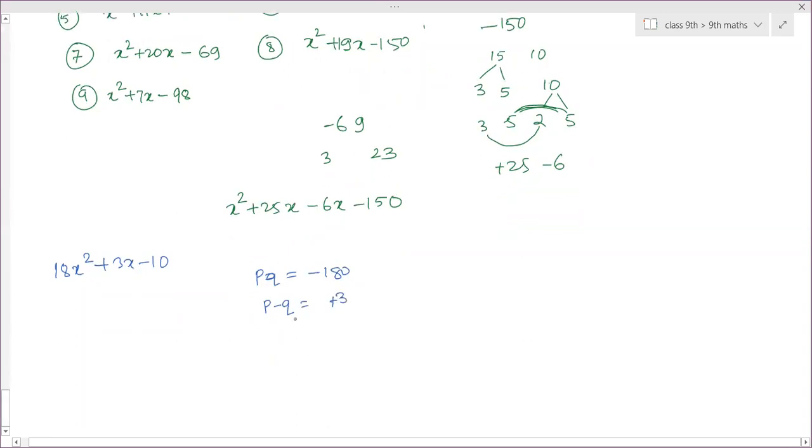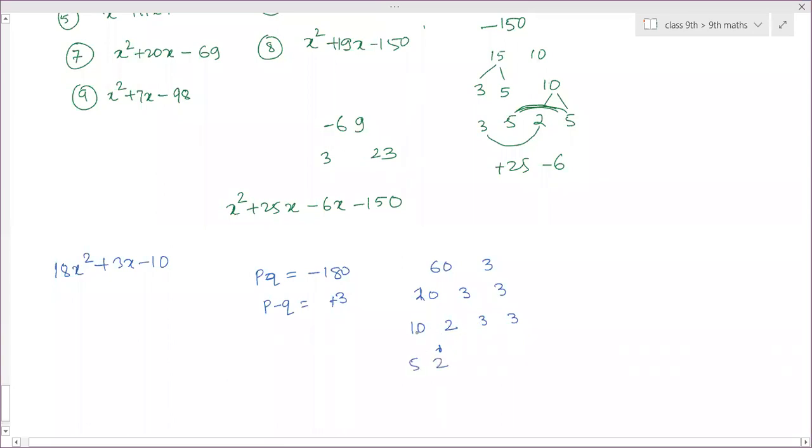So 180 is written as 60 into 3. 60 is 20 into 3, and 9 doesn't work. So 20 is 10 into 2 and 3 into 3. 3 3s are 9, 2 3s are 18. 18 and 10 doesn't work. Then it is 29. No.